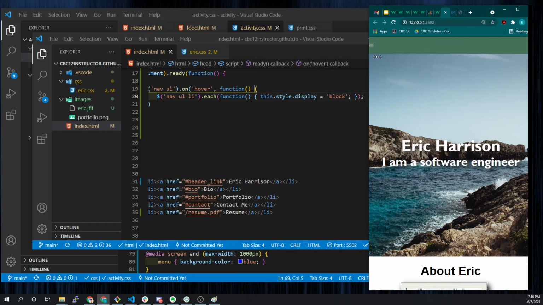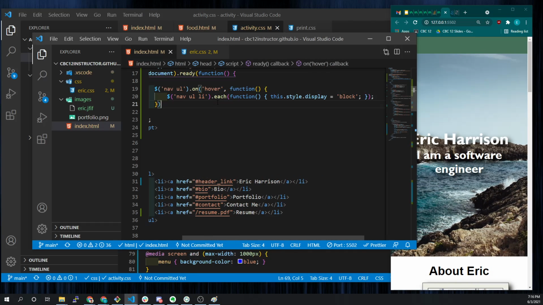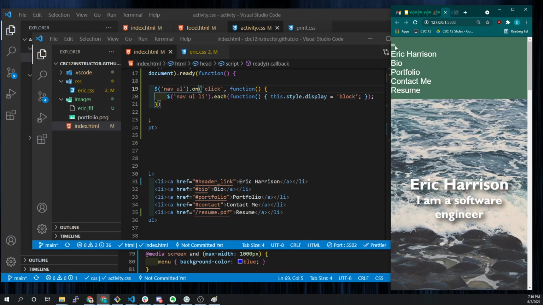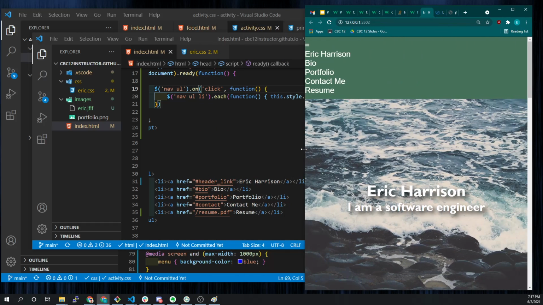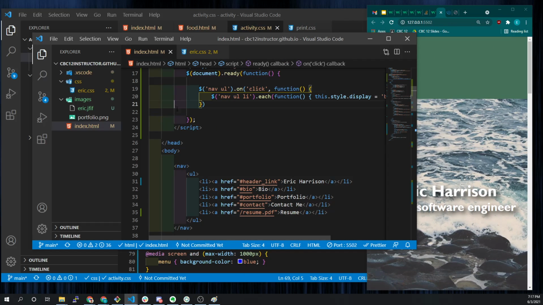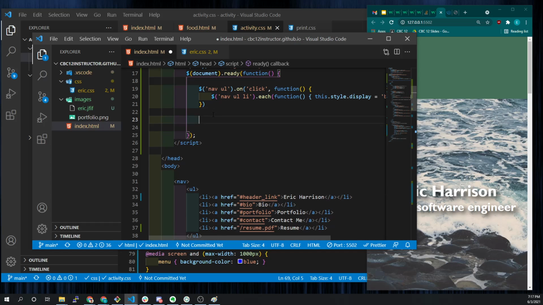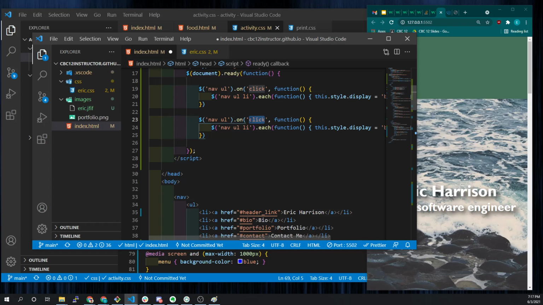it so that when this is down here, I didn't. So change it to click maybe. So you see, I just made it so when I click it, it shows the rows. But now we would probably want to come in here and say, when I click it, it displays it, and maybe when we click it again,